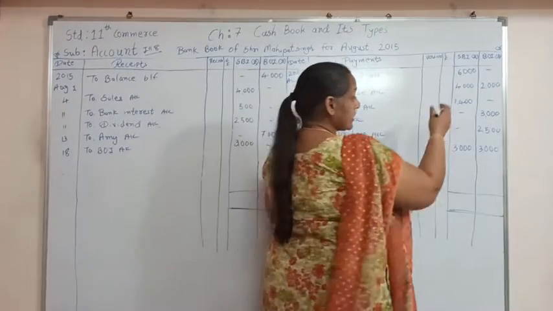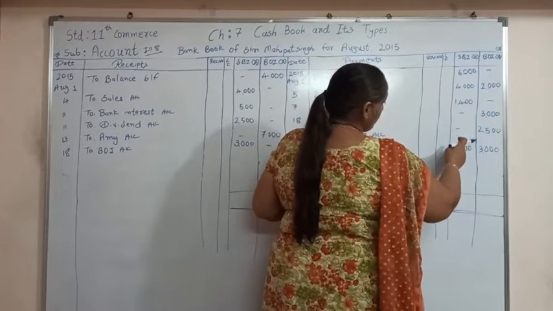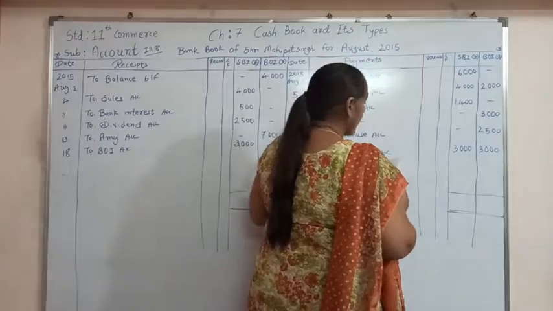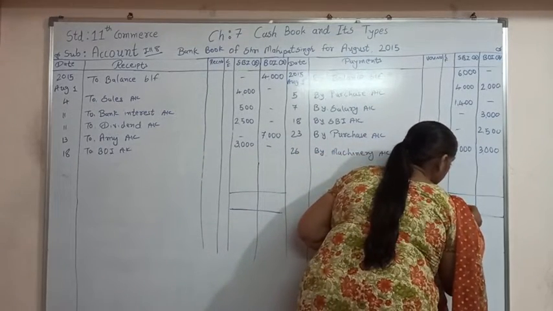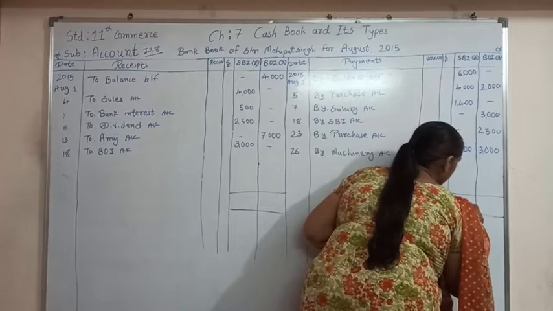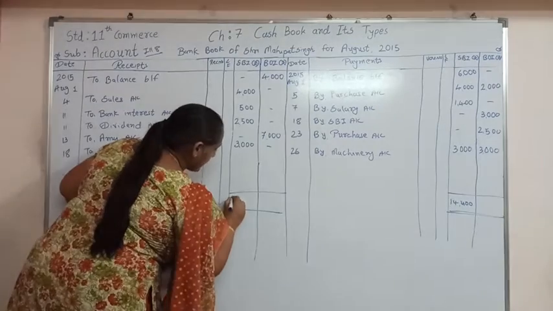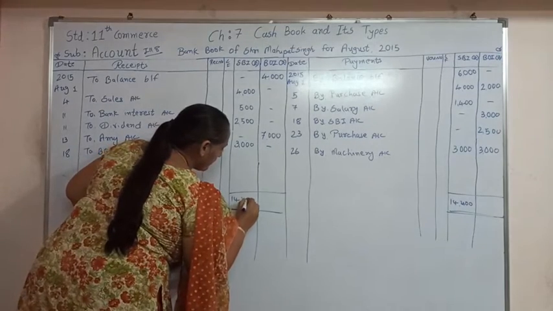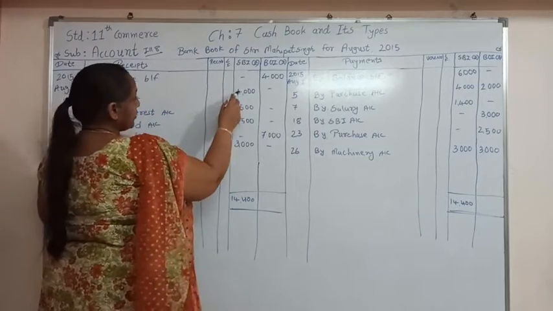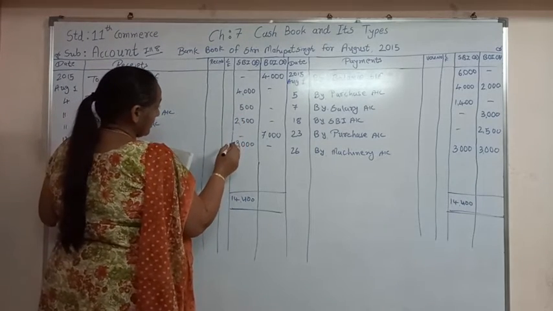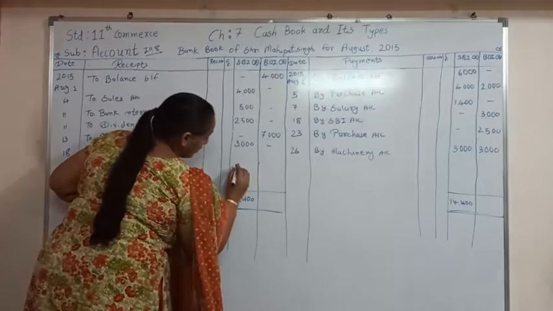So here we are going to make the total of credit side, that will be 6000, 4000, 1400 and 3000. It will be 14400. This 14,400 we are going to take to the debit side. From 14,400, if we deduct 4,500, 2,500 and 3,000, our remaining amount will be